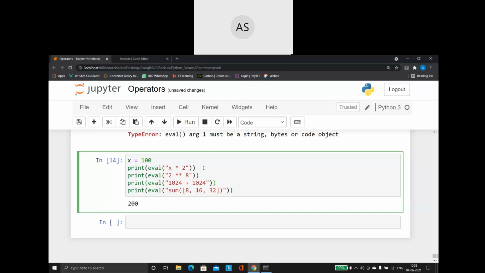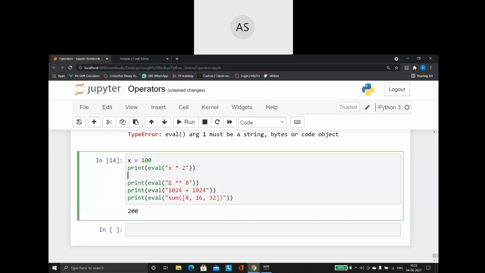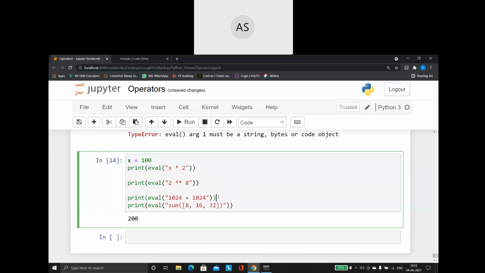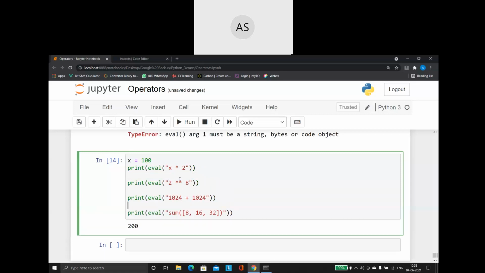Right. So the second one, this is the first one. The second one I'm saying 2 double star. So what is the purpose of a double star here? Double star means power of. It is an arithmetic operator. And what it means is exponent, or we call it as a power of. So this is same as 2 to the power of 8. So 2 into 2 into 2, like that 8 times it is going to multiply the values. So then it is going to produce a result for me.